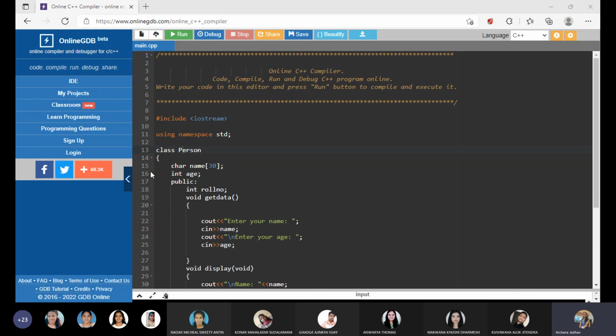So all of you just see this program first, and then I'll give you time to do it. You have a class person, where inside the class I have declared one variable, name, of size 30. What do you mean by this? I have taken name as an array, because I have declared it as char. Name will not be of a single character, right? Like if my name is Archana, I will not only want the character A to be printed